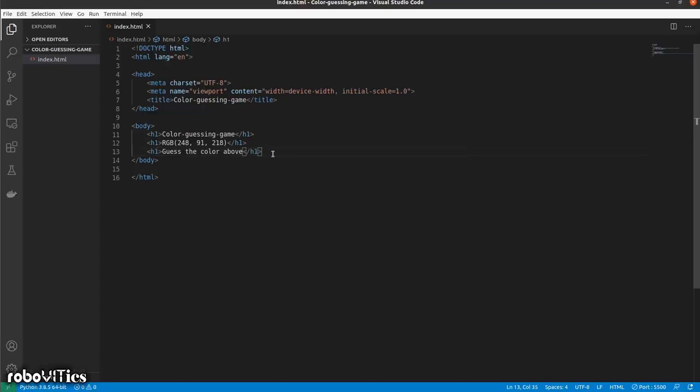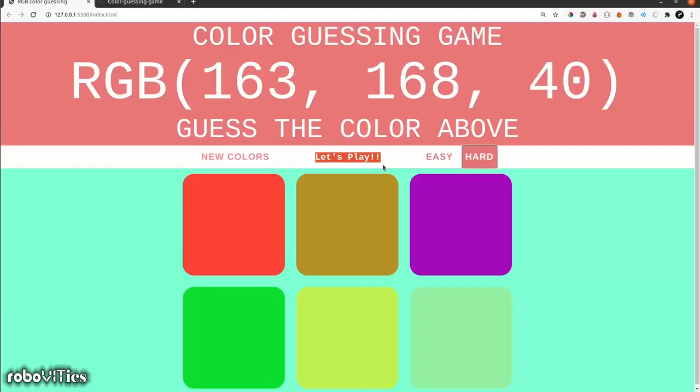Let's have a button. A button tag can be represented using button, and inside the button tag we can give new colors. Then we can have our second part of the text. Here I'm going to use something different, something called a span. A span basically helps you keep stuff in a line.